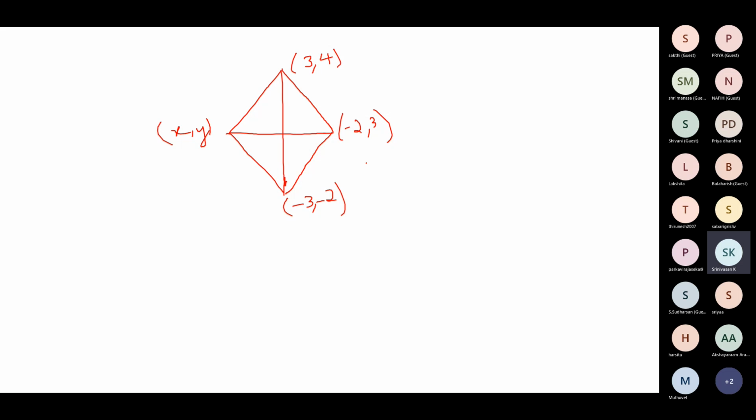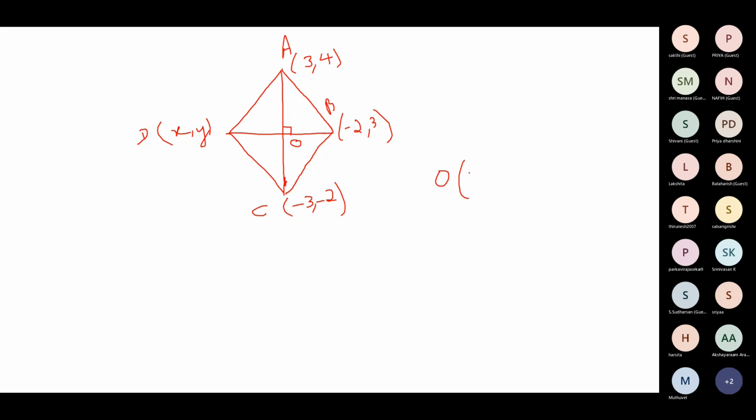Who can tell me the procedure to find the coordinates of the fourth vertex? Ma'am, diagonals bisect each other. Very good. So what will you first do? Ma'am, find the center O. Very good. Using which diagonal will you find O? Diagonal AC, ma'am. You know that in a rhombus, the diagonals bisect each other. O is the midpoint of AC. O is also the midpoint of BD.